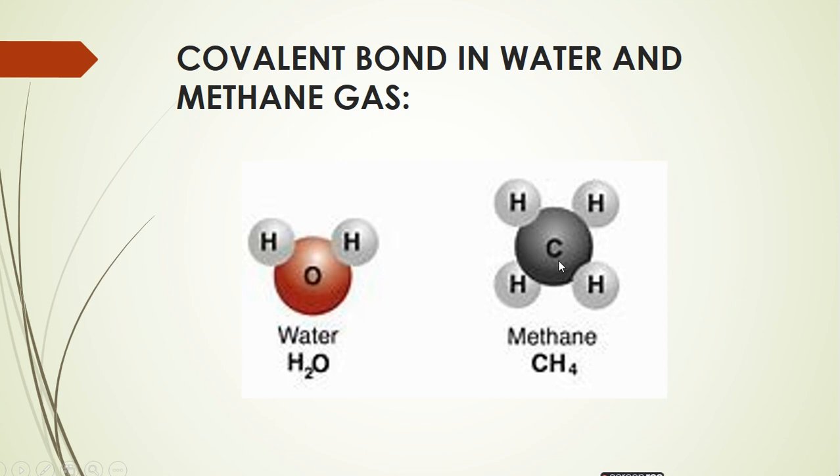And this is now methane, CH4. You are already familiar with this. The single carbon atomic number is 6, so 2 electrons in inner shell and 4 in outer, means carbon needs 4 electrons, but it cannot lose or gain. So 4 atoms of hydrogen are here to complete its outer shell by sharing their 1 electron. As a result, hydrogen will complete its outer shell with 2 electrons and carbon will complete its outer shell with 8 electrons by mutual sharing. Is it clear?